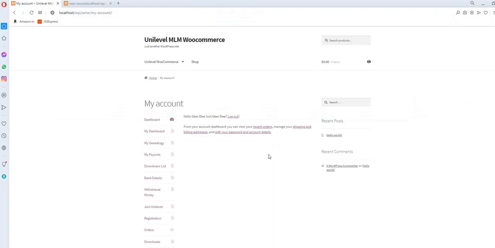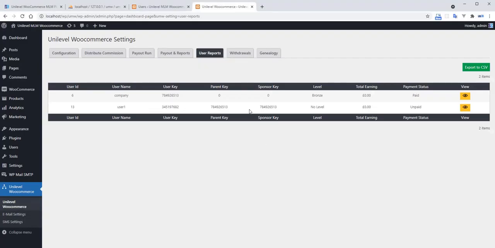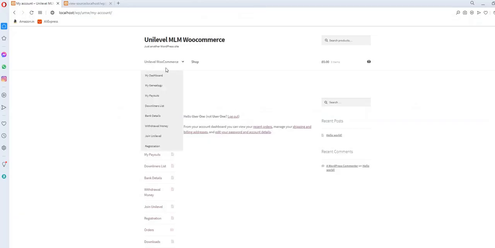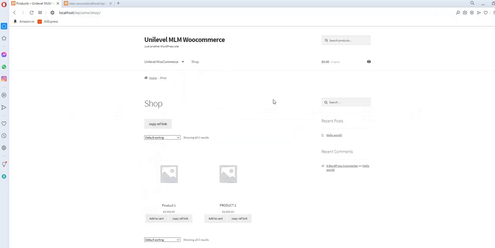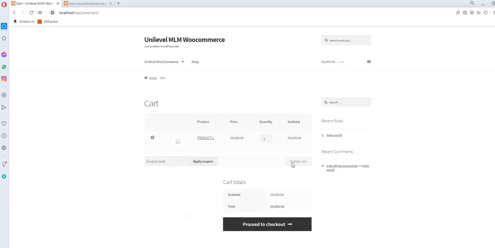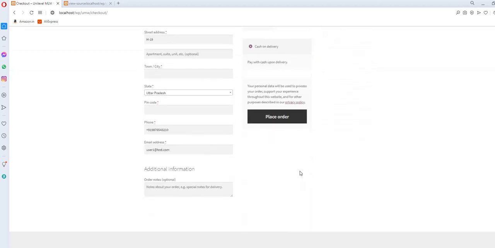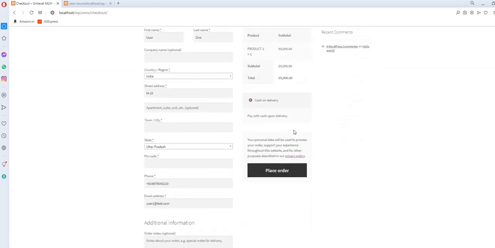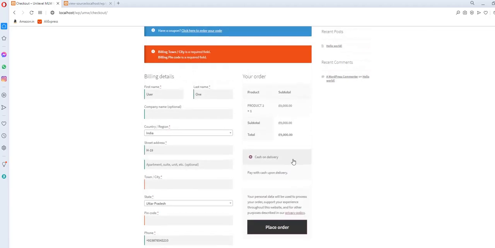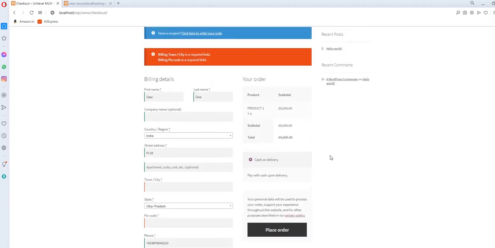Now I am considering like this one. As we have updated, while the user does not make the payment, the user cannot be a paid member. So as I am going here and placing the order here, I have enabled the cash on delivery already there.